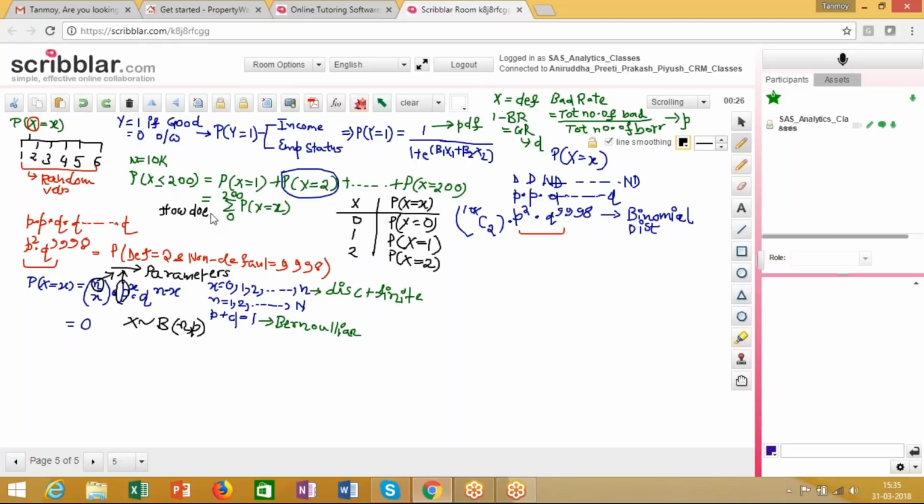I have been talking about a binomial distribution, so how would this distribution look? Would it be a symmetric distribution or a skewed distribution? Before you initiate your thought process, let me refresh the fact of